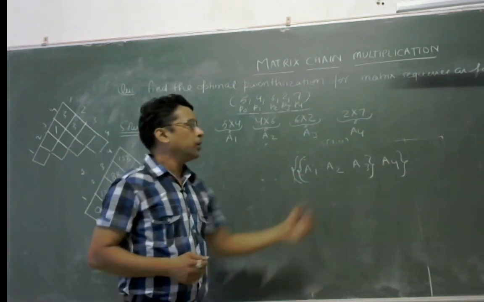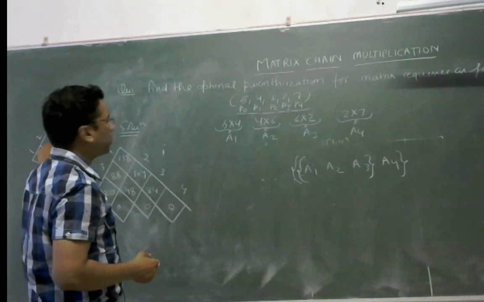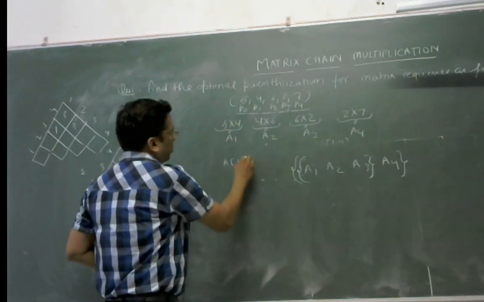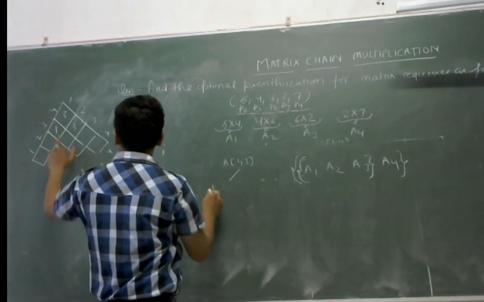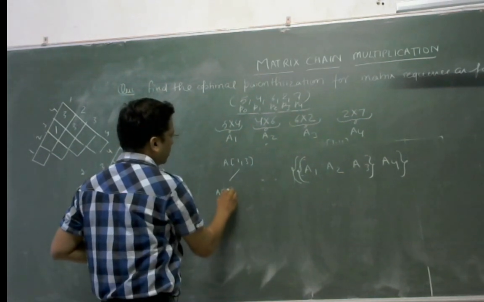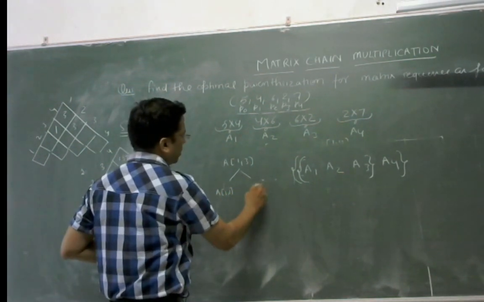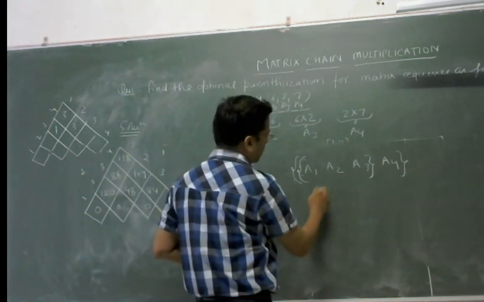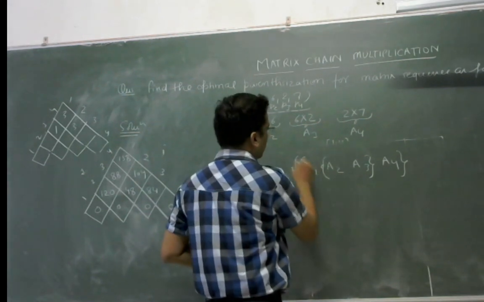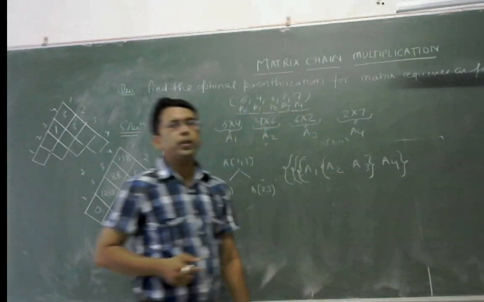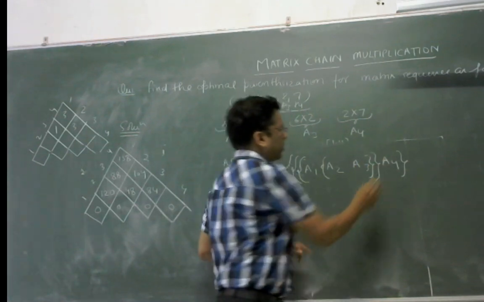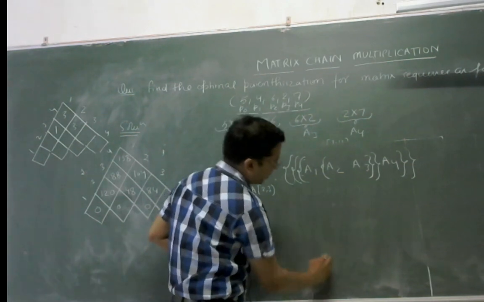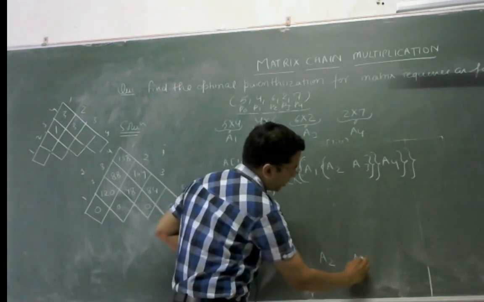The M13 optimal computation is obtained when it is partitioned at position 1, which means A1 and A2 to A3. So another partition will be like this, where these two are together and this is multiplied. So first we shall multiply A2 with A3,